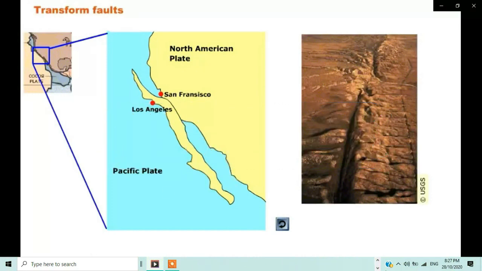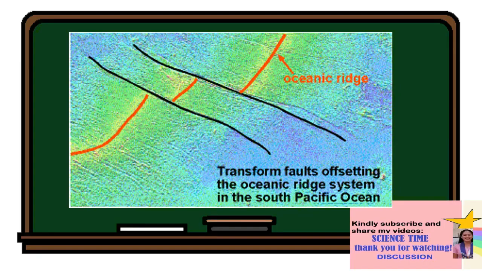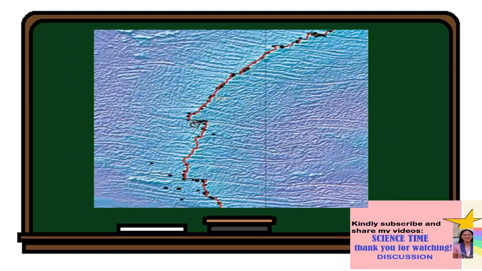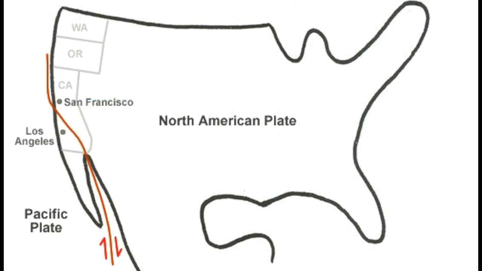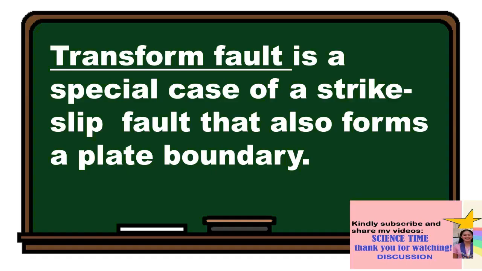Most such faults are found in oceanic crust where they accommodate the lateral offset between segments of divergent boundaries forming a zigzag pattern. A smaller number of such faults are found on land, although these are generally better known as the San Andreas Fault. A transform fault is a special case of a strike-slip fault that also forms a plate